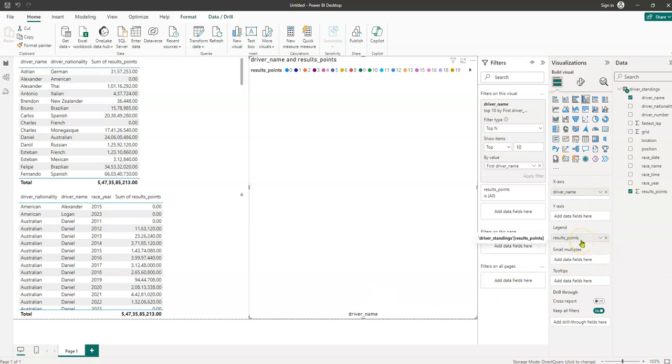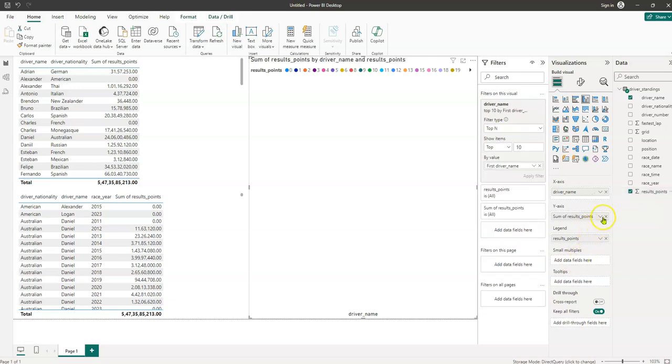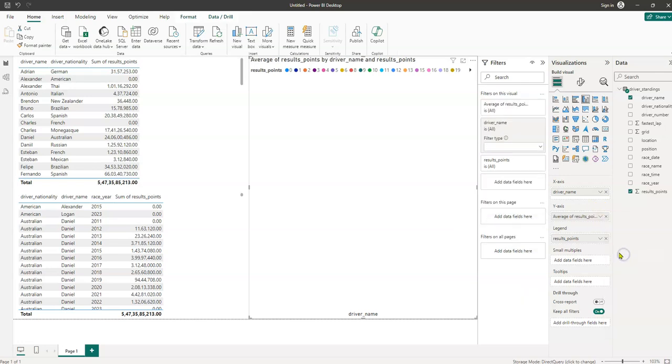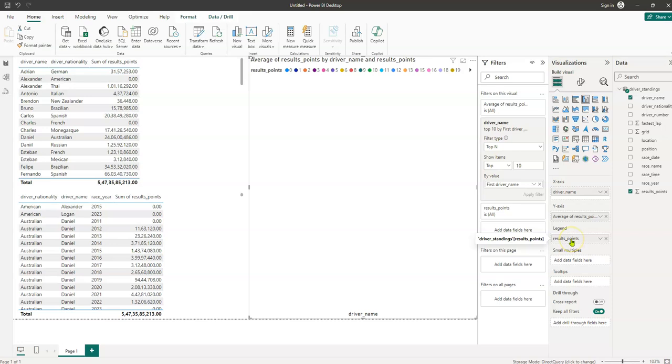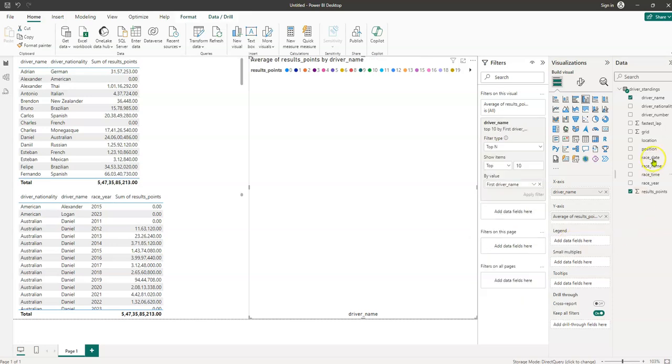And of course, it may require the results points or something. So I would like to place my results point on both the areas. On one case, it will be the average that I'm going to capture. And second thing, it is the legend that I will use for the result point. And it should not be a result point. It should be with a name, driver name. So I will use a driver name as a legend so that I can easily and individually represent all this data,